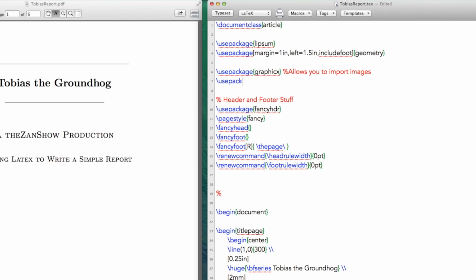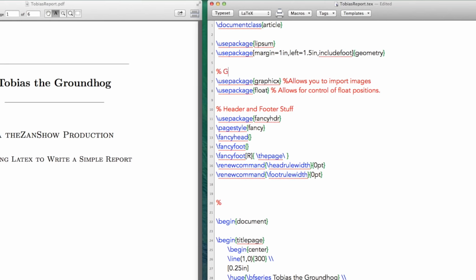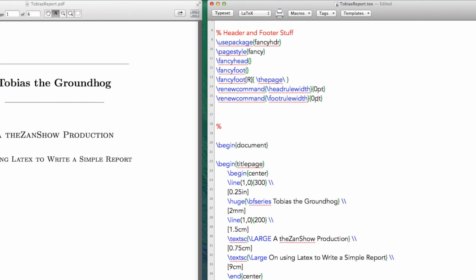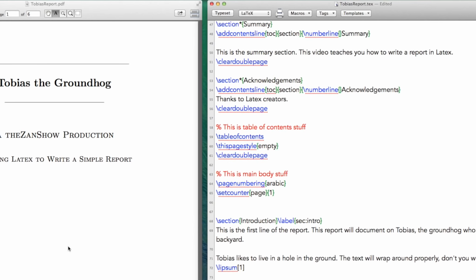The next package you're going to want is float. What this one does is allow for control of float positions. So a float could be, in this case, the figure that we're going to set up. So once you have your packages set up, let's figure out where we want to stick our